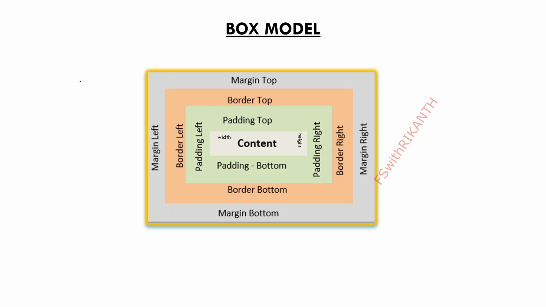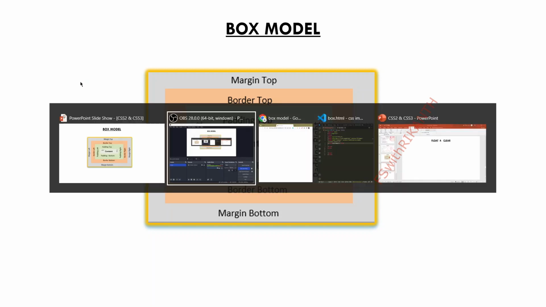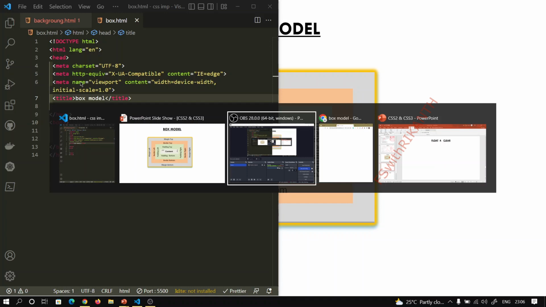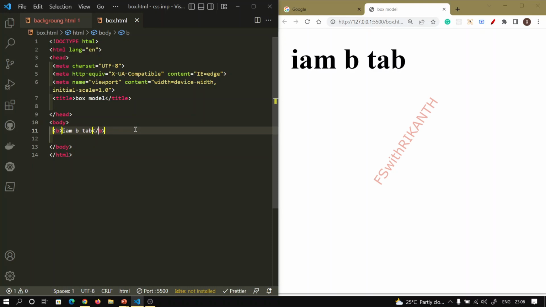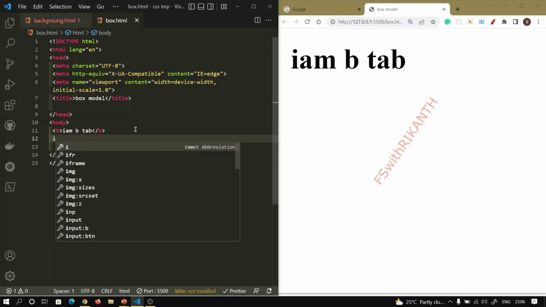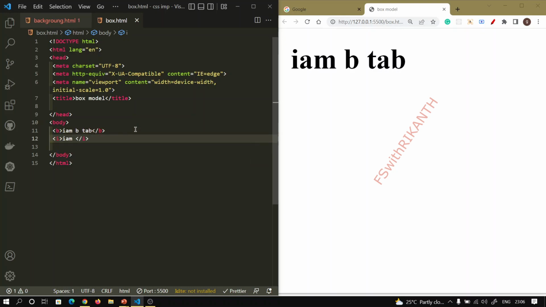Before we focus on this box model, we first need to understand block level elements and inline elements. So first I want to focus on this. This is our sample web page. Just observe the b tag, "I am b tag." And again I want to take one more tag, "I am i tag." So just observe, these two are